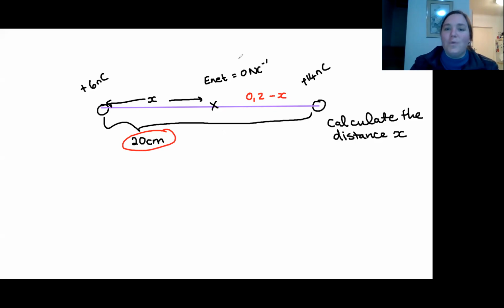Okay, so what was mentioned is completely correct. You're going to appreciate that the electric field in both directions is equal. If we were to call this A and B, if you put a positive here, it would be repelled by B in this direction. So that would be the electric field due to B. And in this direction, it would be the electric field due to A, because both of them are positive and